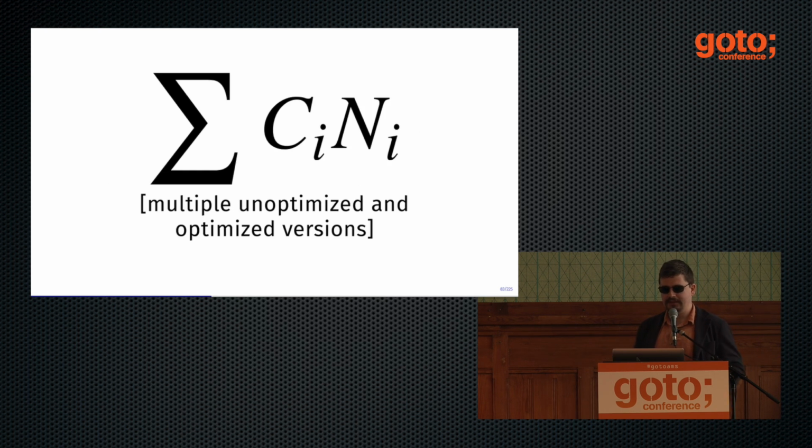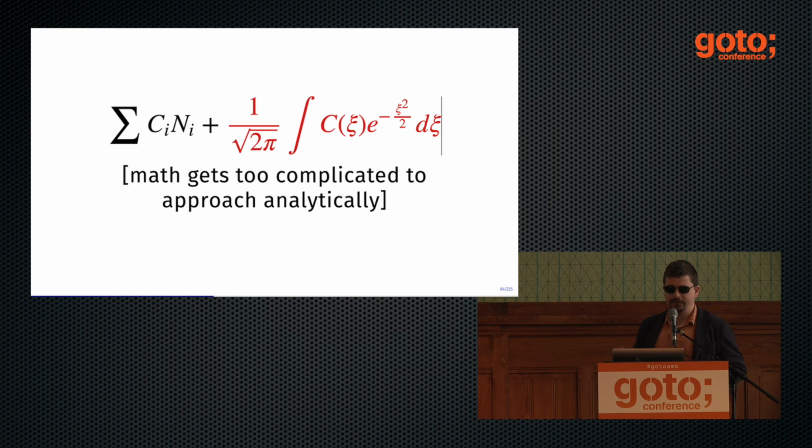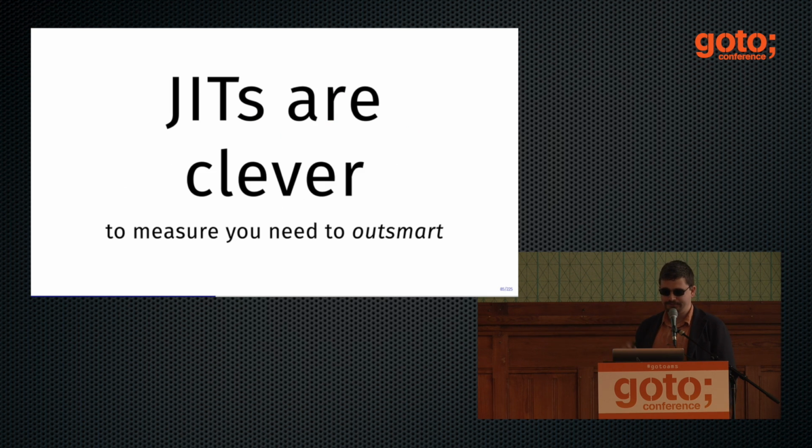But it actually is even more complicated because there can be multiple optimized versions. Safari, for example, has several optimizing JITs, and it tiers up as your code runs and becomes hotter and hotter. And if you factor in all kinds of costs like GC and compilation costs, then the math really becomes messy, and you can no longer use simple math. You need to go to the university and take some analysis. So you need to outsmart the just-in-time compiler to measure anything, really.